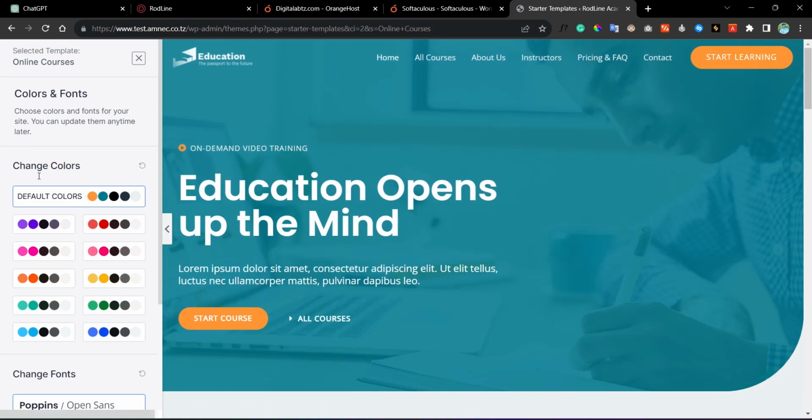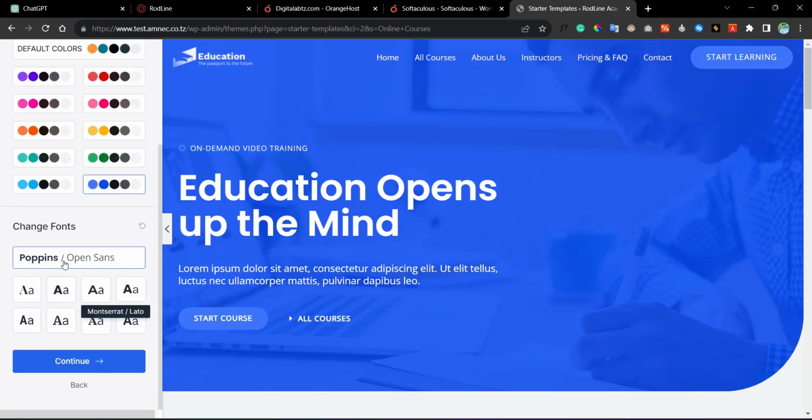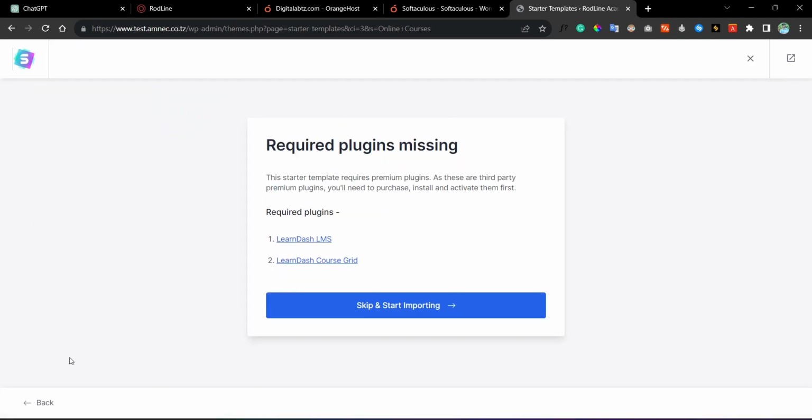So you should select some colors here based on your brand color. Basically, I like blue. Yes, I like this blue. You can select the font of your choice. Actually, I'm going with Poppins, and I will click continue. There are various options that we need to do here. We should install some plugins related